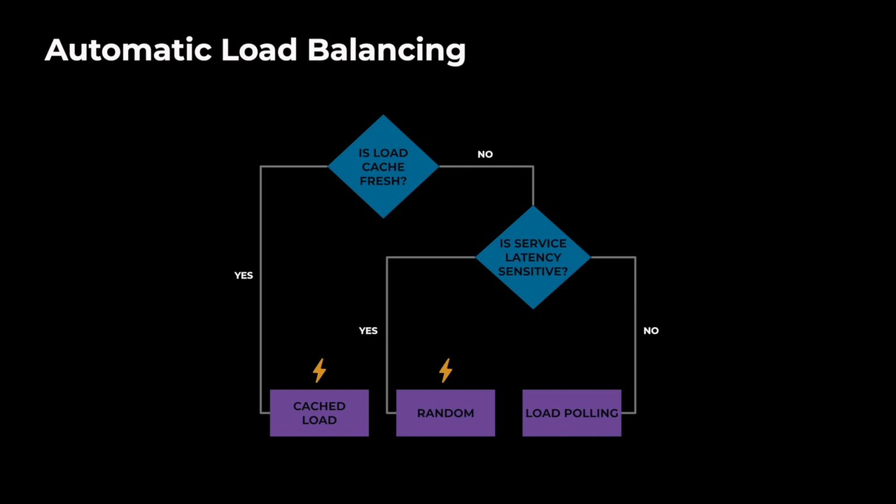We can already use that load. We've already have it cached, and we can make an informed load balancing decision with no extra overhead. This is the best case scenario. But if the load isn't fresh, or if for some reason it's otherwise unavailable, then we have other things that